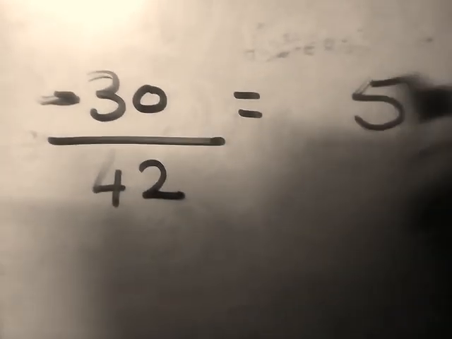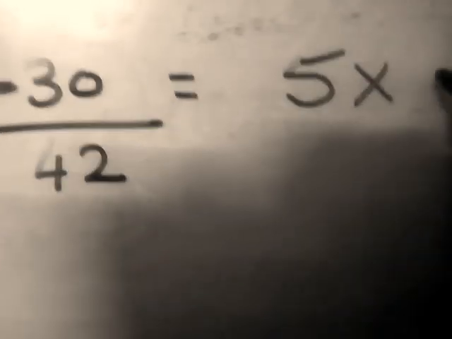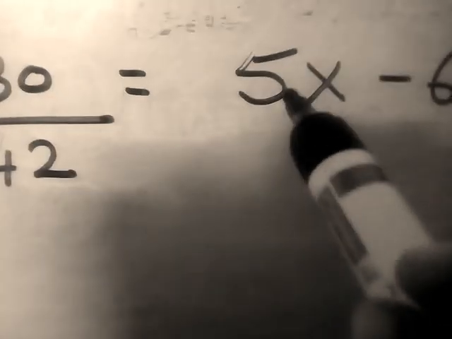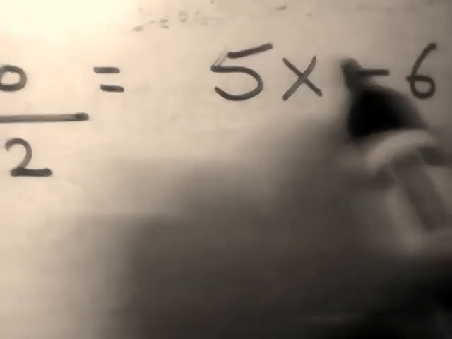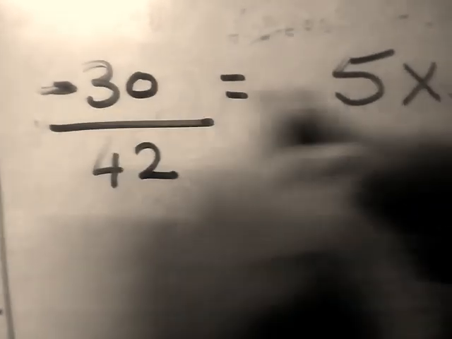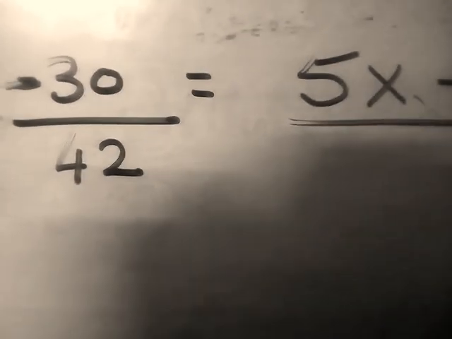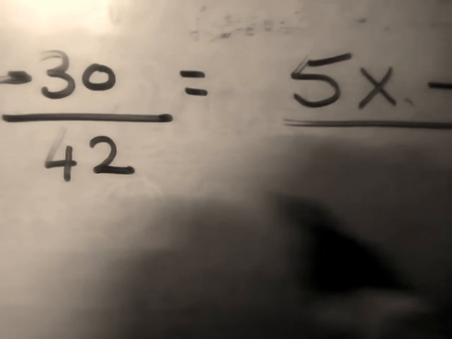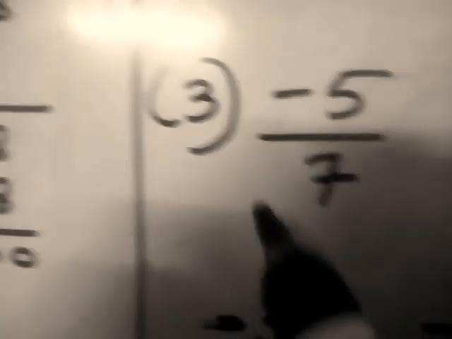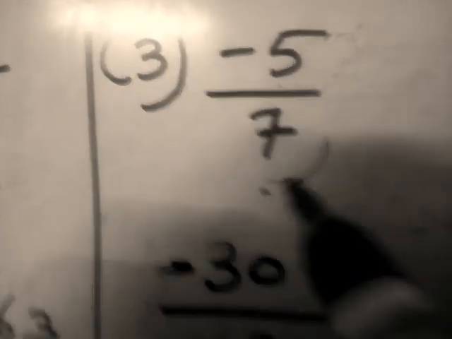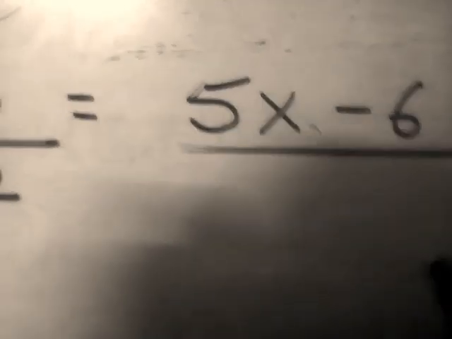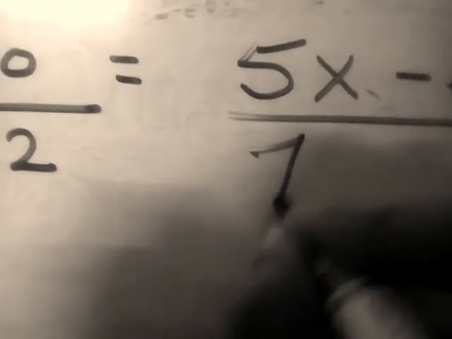5 how much are? 30. 5 into minus 6, because you have to use the sign formula, plus into minus. Plus into minus becomes minus. Then 42, here the denominator is 7. So 7 how much are? 42. 7 sixes are. Here the table that you wrote, that number you can write in multiplication form, and this is a very easy method.